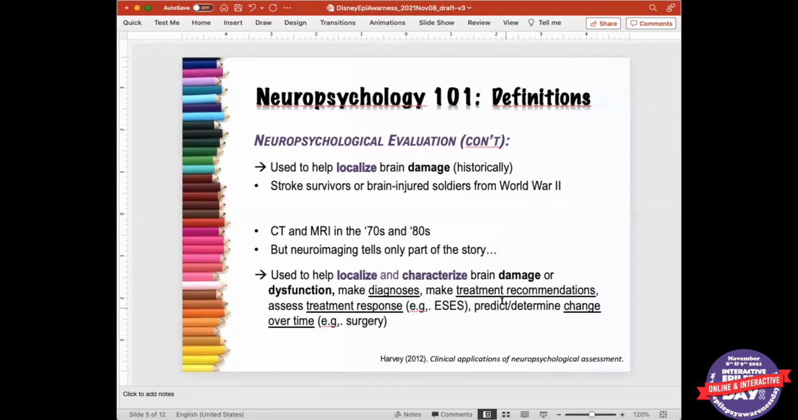And then also one of the things that neuropsychology is often used for in a tertiary care center for epilepsy is looking at change over time. So for example, if there's an intervention like surgery, trying to assess what happens with brain function when you take a part of the brain out. So for example, my two main roles as an epilepsy neuropsychologist at UCSF are,